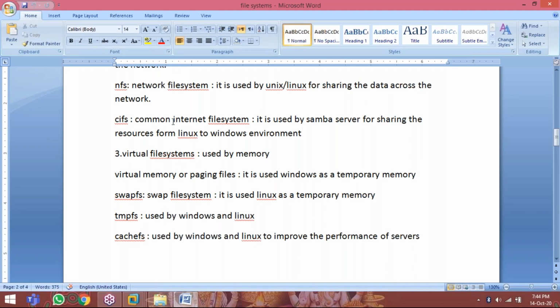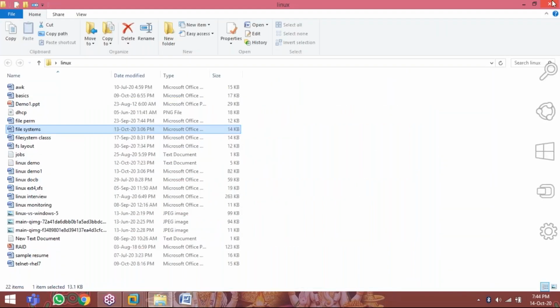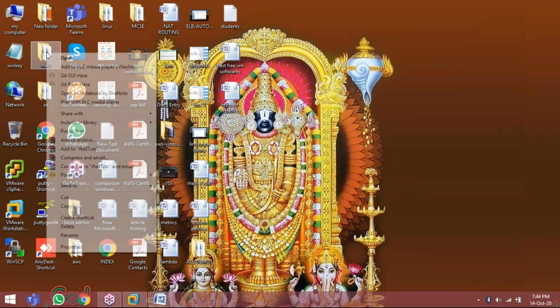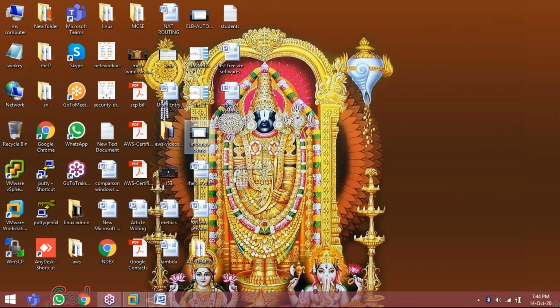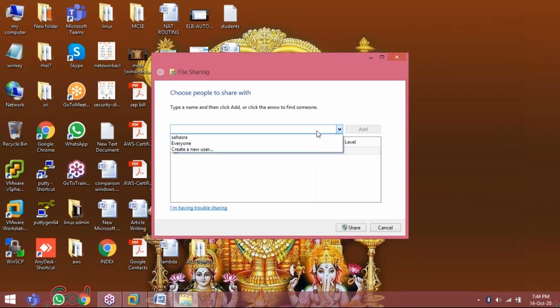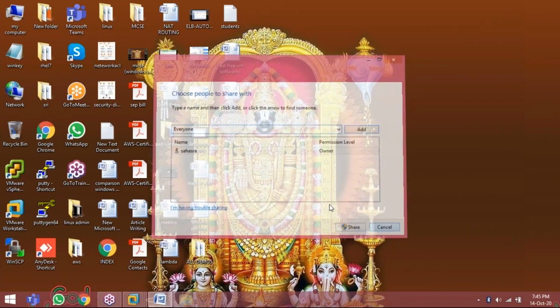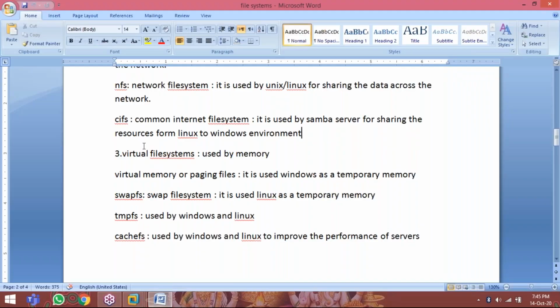So these are all network based file systems. If you know or don't know, every day we are working with these file systems only. In your laptop, if you want to share your folder, you can right click and share. For example, I'm showing, I want to share this. Right click, share with, to whom you want, specific people. So you want to share with everyone or a particular one, so you have to select here. We are going to learn all these things in administration tasks. I want to share to everyone. Click on share. Now it will share. So like this, network based file systems will work.